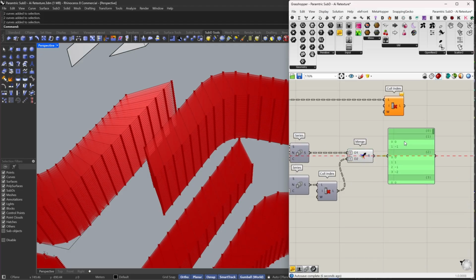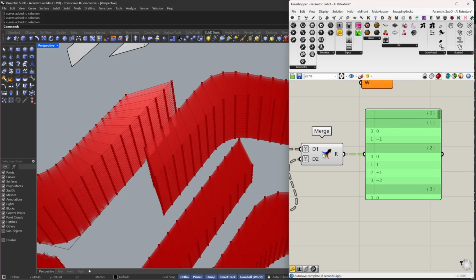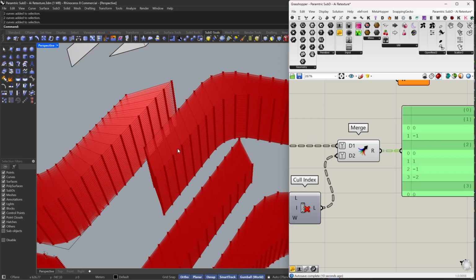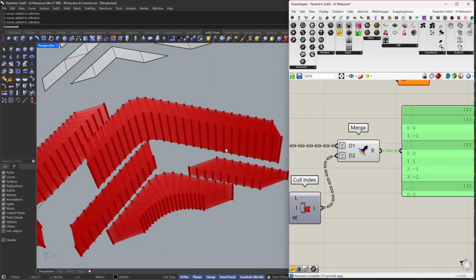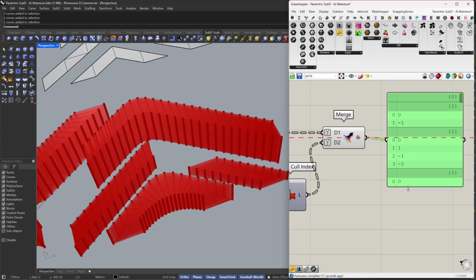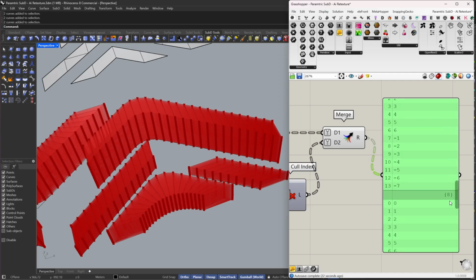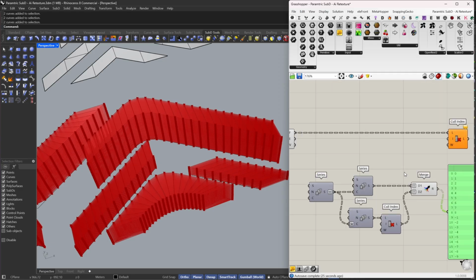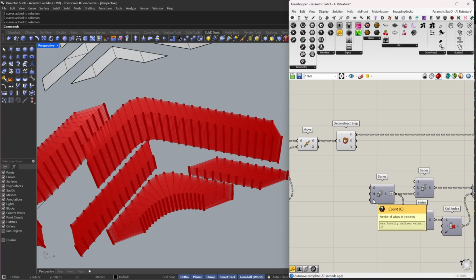So the first one is not going to cut anything. The second one is going to cut the 0, which is the first element, and then it will cut the -1, which is the last element, and then it will grow from there. So we are going to increase all of this until we have a very big number. But all of this needs to be controlled by a